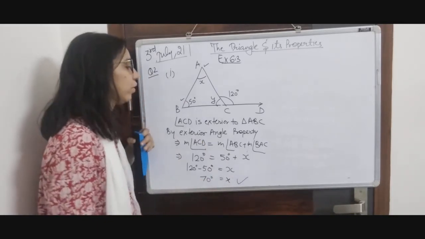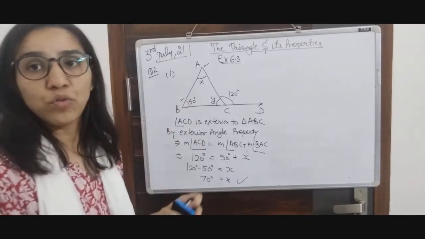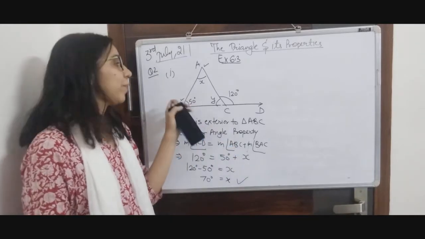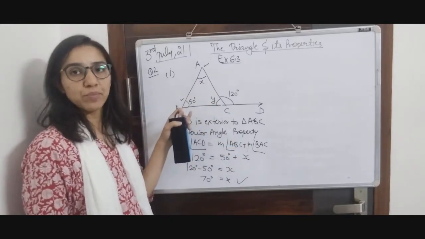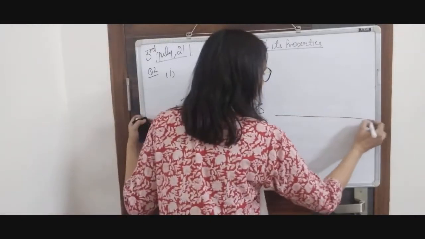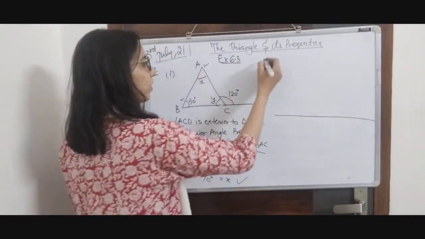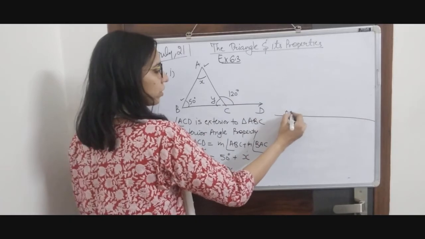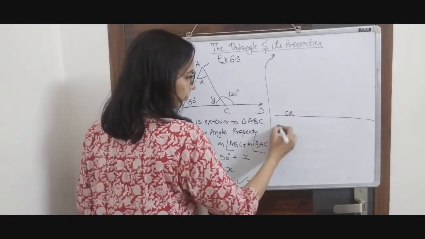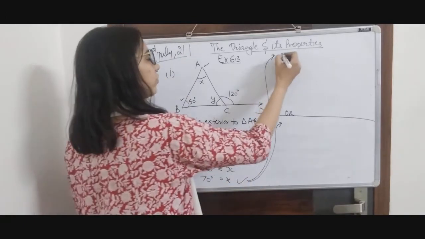Now we have to find out y. We can find out y by two methods: by using the linear pair or by using the angle sum property for triangle. We can do by any methods. I am going to use both. So first, this is for the second part. After that you can do this or you can do this. First, so by